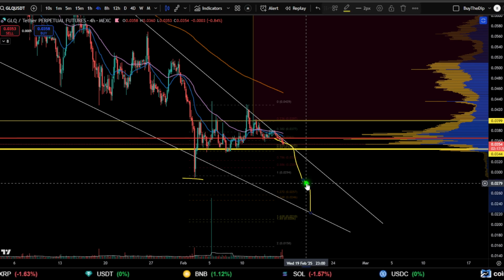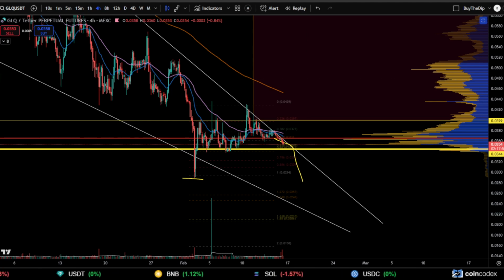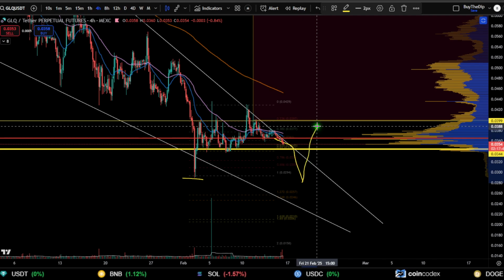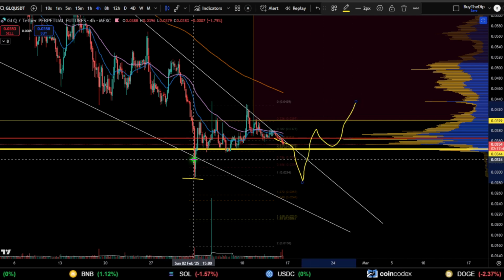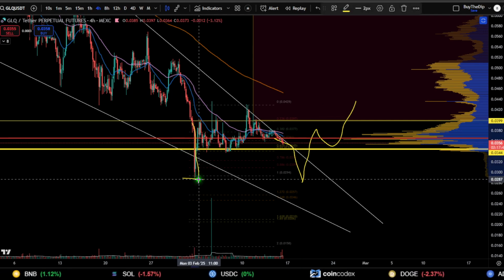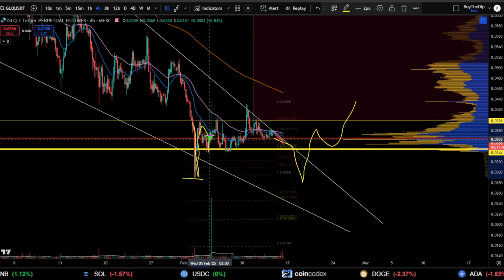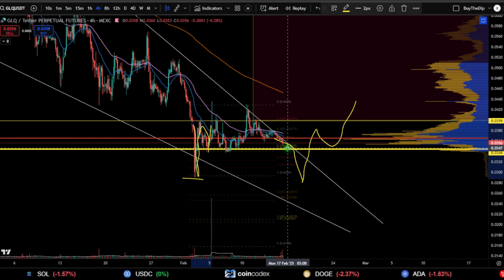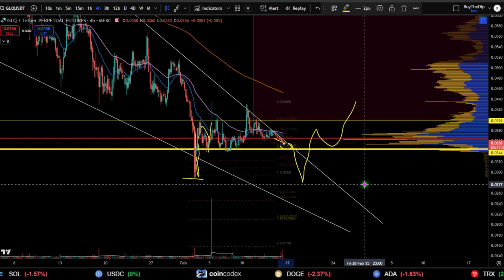What I would really love to see is a swing failure to the downside, where we get an impulse or breakdown and we quickly get a recovery and get back above and backtest in a spring. Very similar to what happened here, almost exactly. In fact, we came down really hot, got back up, backtested in a spring. Now, could we do it again? Is it possible? Sure. Or could we come to this level and hold up at the golden pocket?